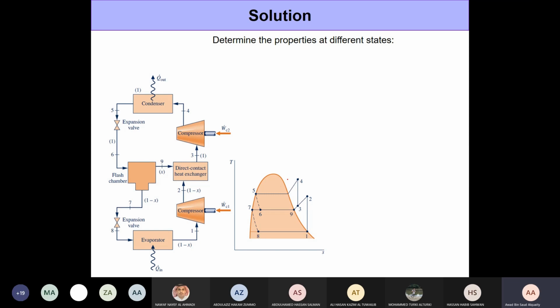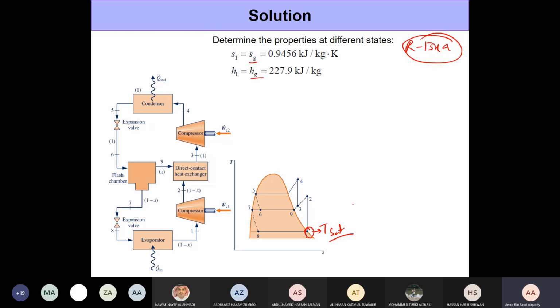Remember that. So coming back here, we have tables for R134A, just like we had saturation tables for water, for steam, in fact. So here we have the temperature, we have the Tsat given. So it's just a matter of going to the saturation tables and getting the value of Sg at the saturation temperature of minus 32 degrees Celsius. So you pick up the values for Sg and Hg, and that's S1 and H1 for you.